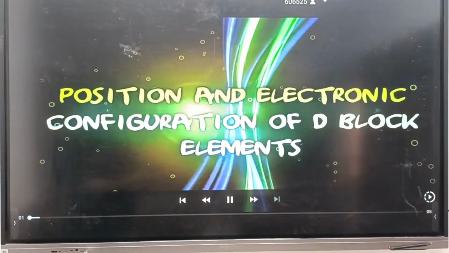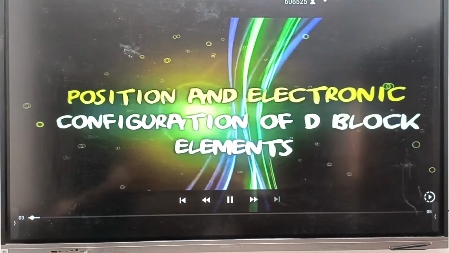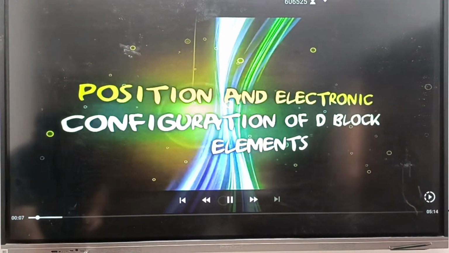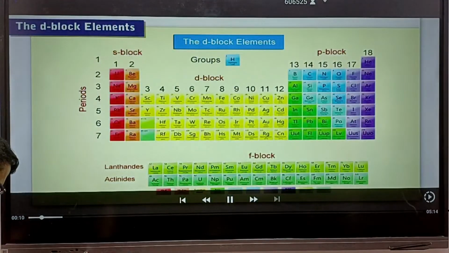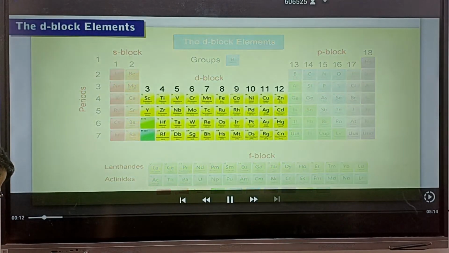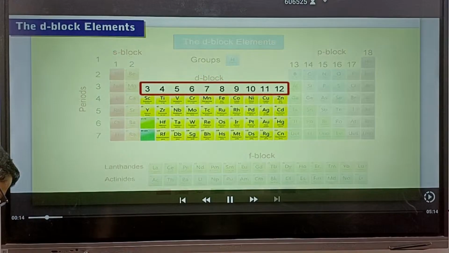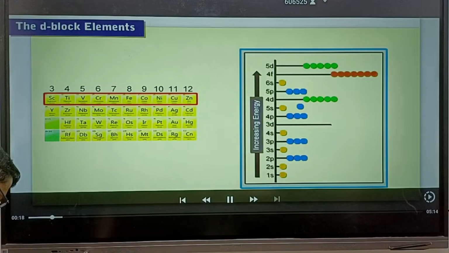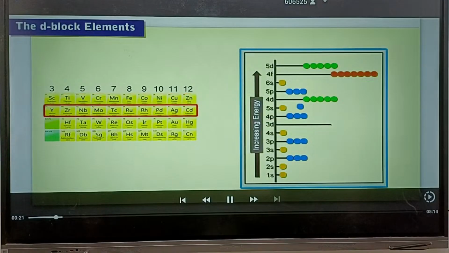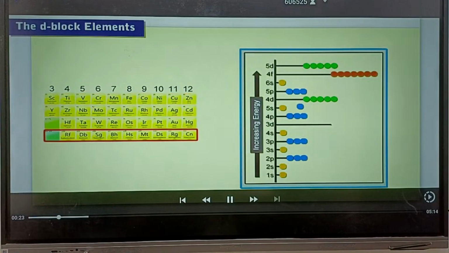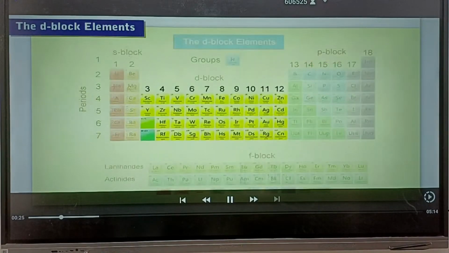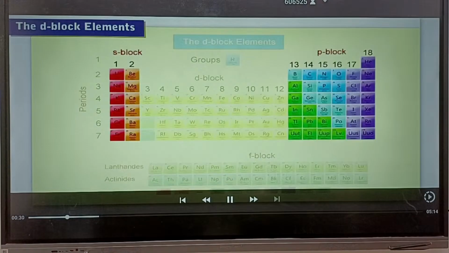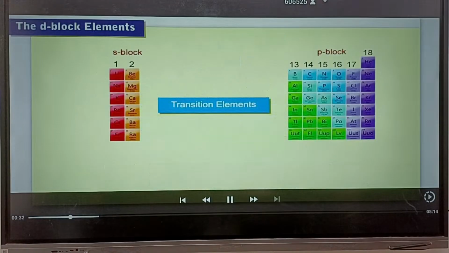In this module, we will be studying about the position and electronic configuration of D-block elements. D-block elements is the collective name for the groups 3 to 12, in which the d orbitals are progressively filled in each of the 4 long periods. As the D-block elements lie between the S and P block elements, they are also referred to as the transition